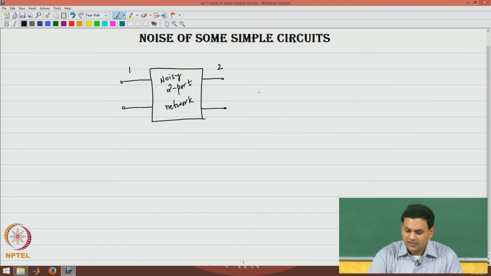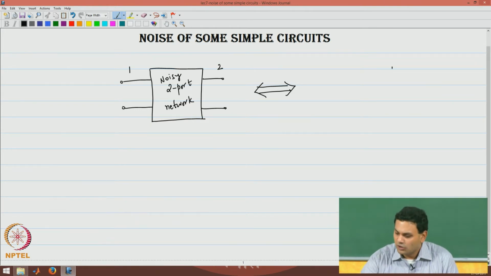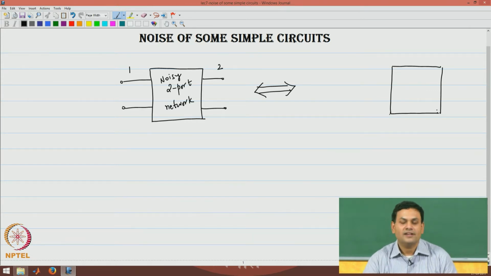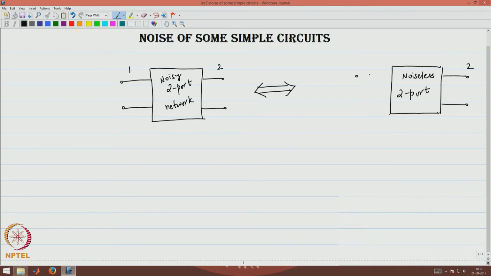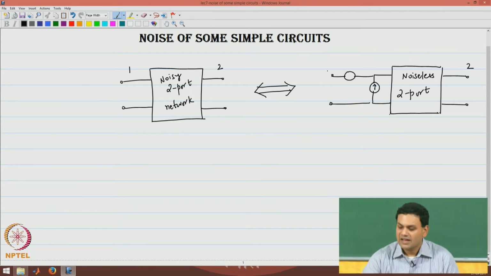Now, it turns out that this is exactly identical to a noiseless two-port with its noise referred as a noise voltage and a noise current at the input. I will call those input referred noise sources En squared and In squared. So, En squared and In squared represent the input referred noise sources of the network. Now, this is unique to the network, so different circuits will have different values of En and In.